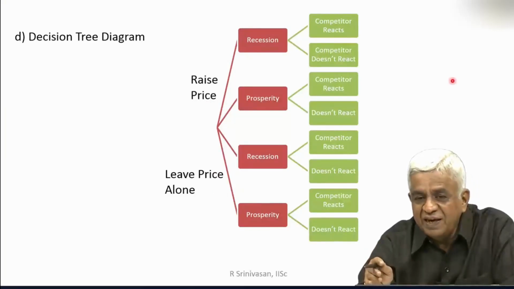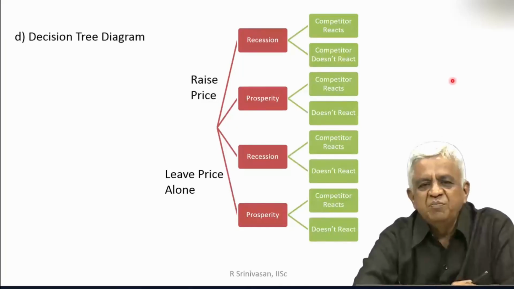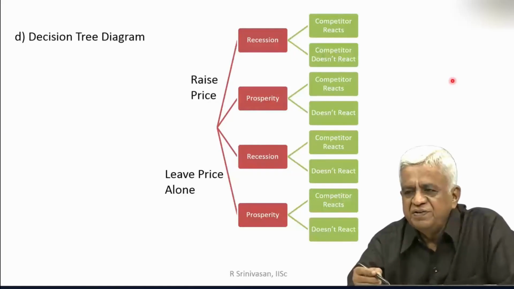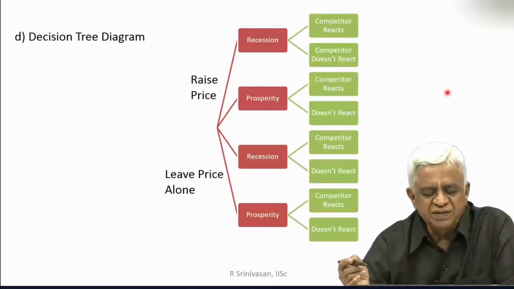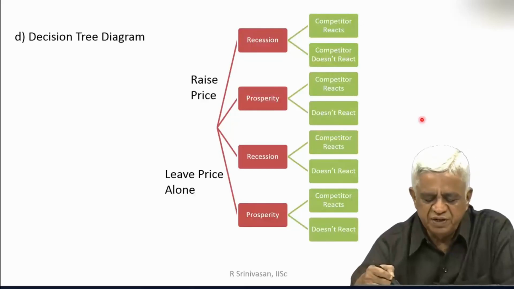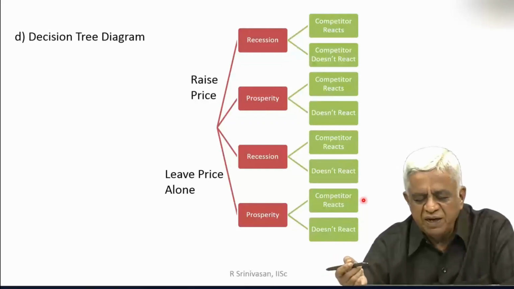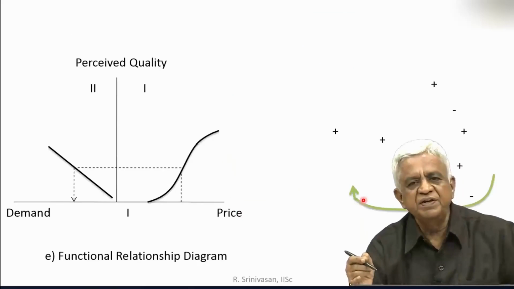All this again is dependent on the types of payoffs which I brought to your knowledge when we used these different decisions. That is prosperity. Raise the price, do you make profits or do you make loss? The competitor doesn't increase the price of the profit. Depending on the value of the payoffs that you are going to get, your decision is going to be affected by the payoffs that are going to come out of different scenarios.